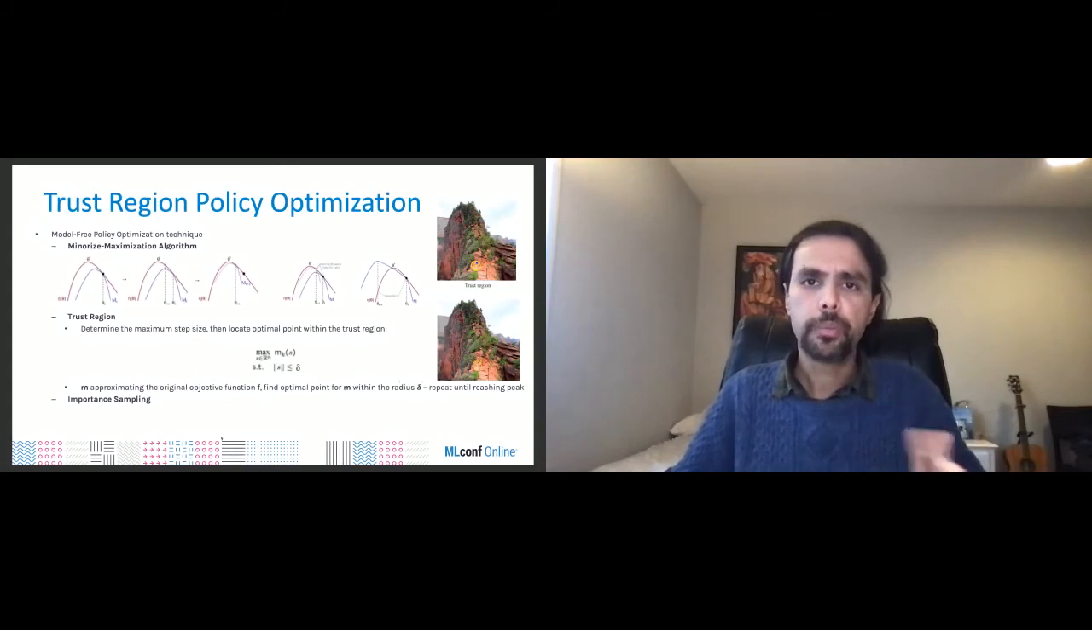Lastly, just to present some very quick ideas on trust region policy optimization. Here we use very largely the minorized maximization algorithm. We determine the trust region, very broadly, as a concept of trying to determine the maximum step size that we want to explore. In the minorized maximization algorithm, the key question we are posing is, when we do a policy update, can we get some kind of performance or convergence guarantee that the policy update will always result in improved